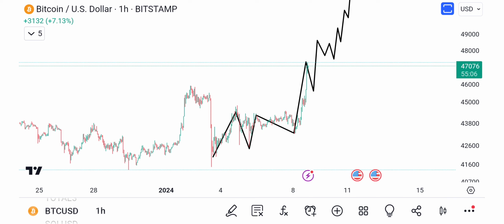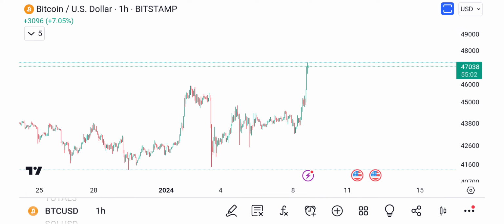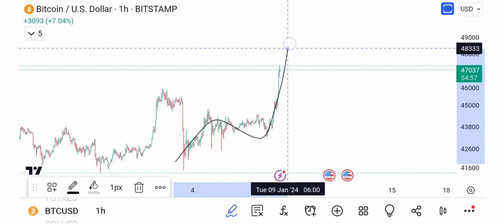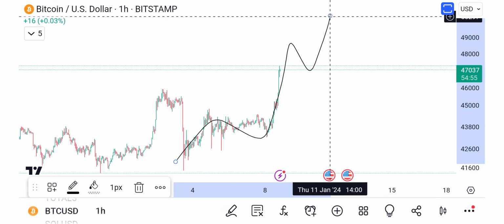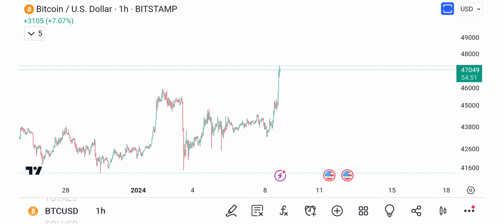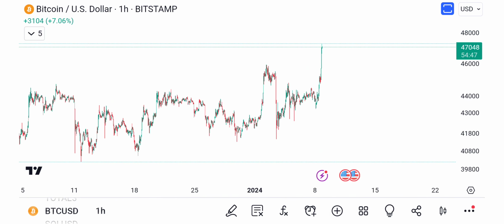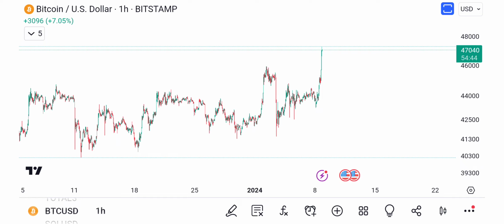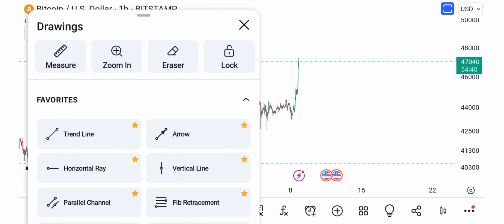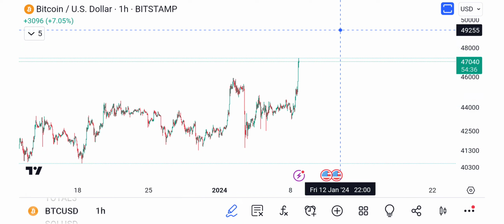Now, the way I drew it is obviously not going to go the way I draw. I'm just giving an idea of what it could look like. So essentially, we have a 1, 2. This is 3, 4, 5. That's idea number 1. Idea number 2, which actually would be a better idea, or I should say a more bullish idea, because it would get us out of here quicker, right? Because if this is a 1, 2, 3, 4, 5, then that means we're almost done and that's it.